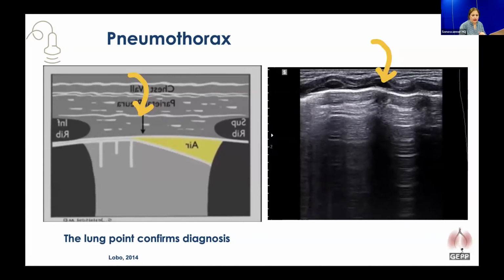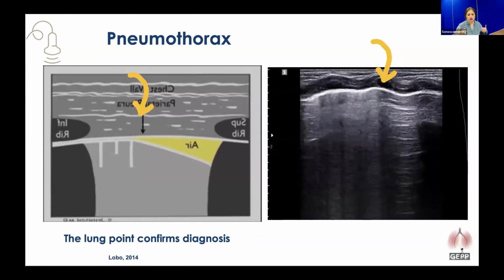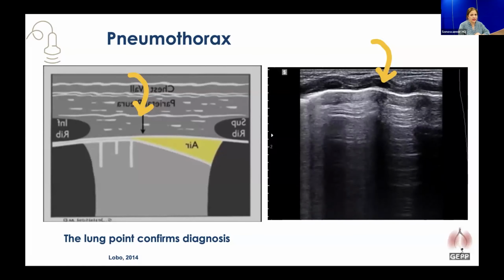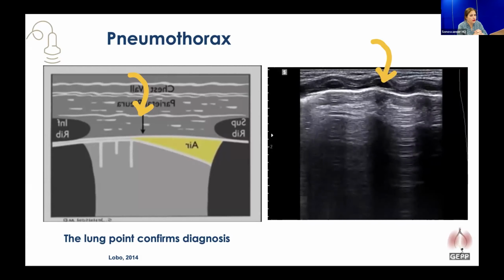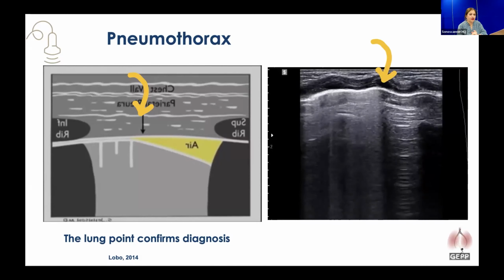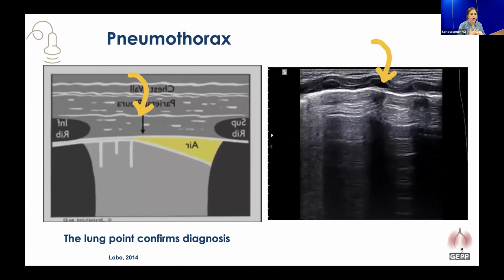So if you see this pattern, it can only be pneumothorax, and it also gives you an idea of how large the volume is. If it is confined to the anterior chest wall, not so large. If you're coming to the lateral, it becomes significant, and once you pass the posterior axillary line, then this is a large pneumothorax that you probably want to treat. So what do you do if you don't find the lung point? It can be absent. Well, the recommendations say that you should do a complementary imaging technique if your patient is stable. However, if your patient is unstable, in pre-arrest, in arrest, or if you're in a low resource setting,